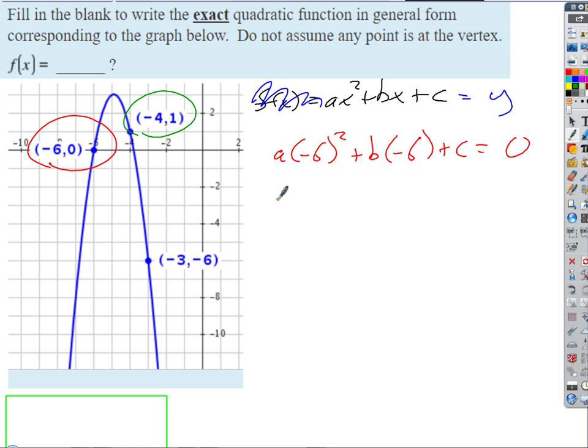How about this point right here? Well, that's going to give me a. Oh, are we done? Oh my gosh. So disappointing. So you just extrapolate the equation and solve it like